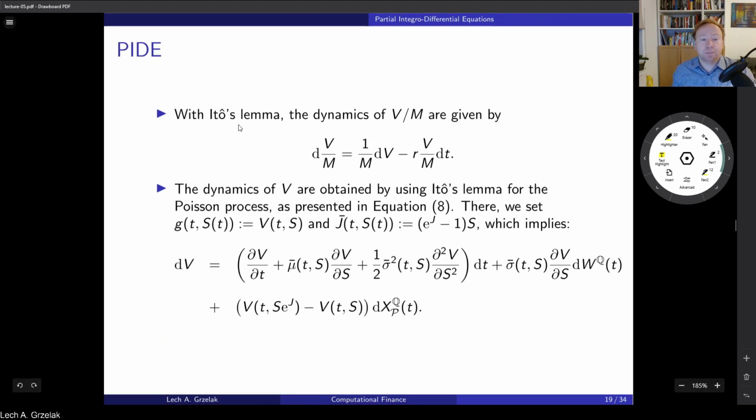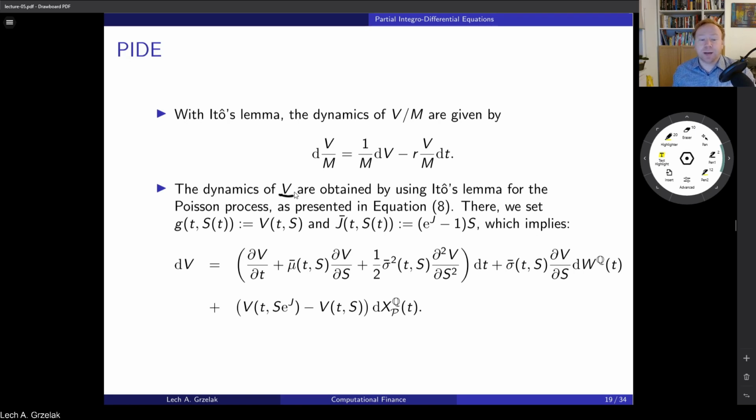By Ito's lemma, here we don't need to use the extended version for jumps, because the dynamics of our value does not explicitly depend on a jump process. So we can just apply Ito's lemma to the value of a derivative or an option divided by the money savings account, which is equal to 1 over M dV minus r V over M dt. And for V, we do what we have done before. We derive the dynamics of V, and we can derive it because we know that V